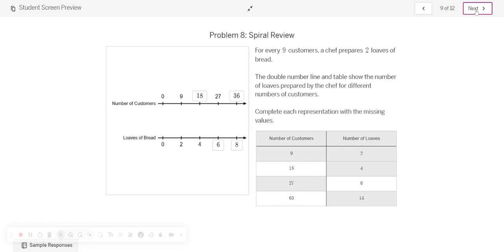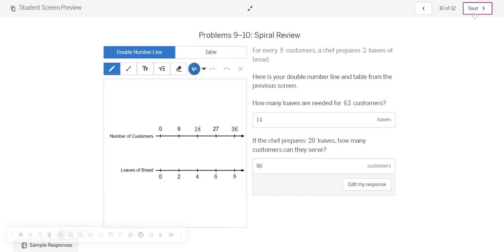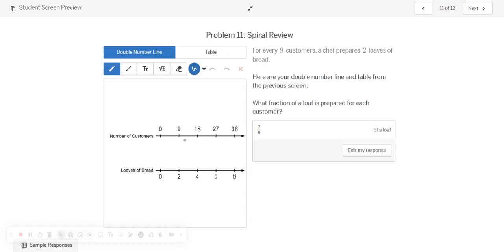One minor issue because I was using the bottom of a piece of scratch paper instead of being able to write it right there. But as they guided me through these other ones, you've got 9 for every 2, and right here 63, I've got 7 groups of 9 is the customers, and so 7 groups of 2 would be the loaves. If I had 20 loaves, I just have that times 10, and so I just did 9 times 10. And then on this last page, if it's 9 customers for every 2 loaves of bread, then each customer gets 2/9 the loaf. And so that should give me a